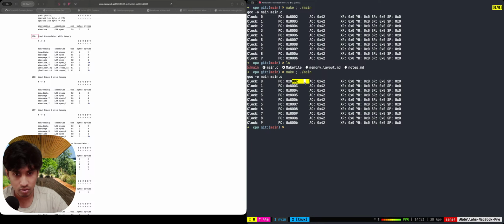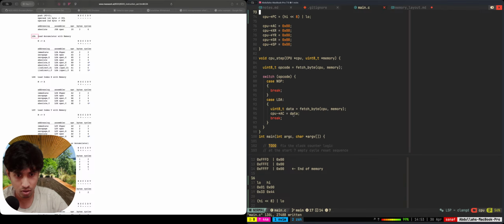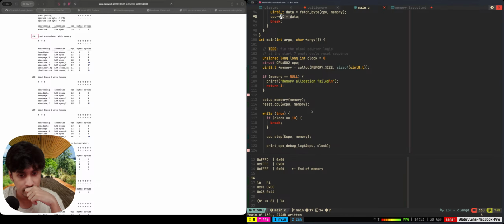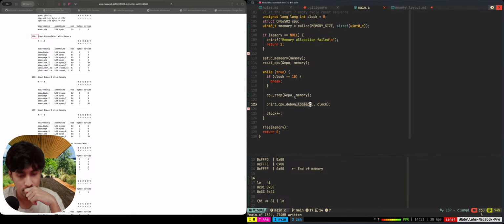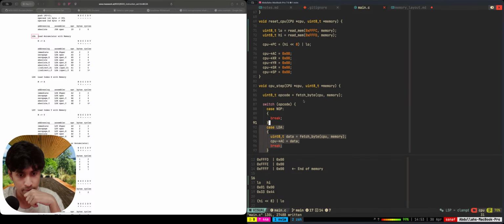It goes there, it reads it, stays the same. Accumulator gets data. Then we have the next stage. Next step. When we take a step,